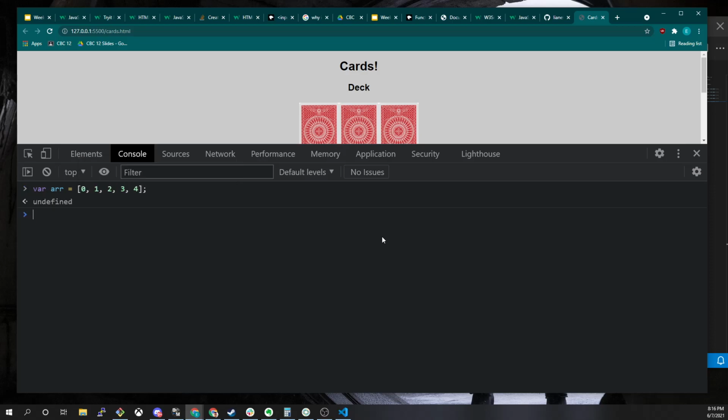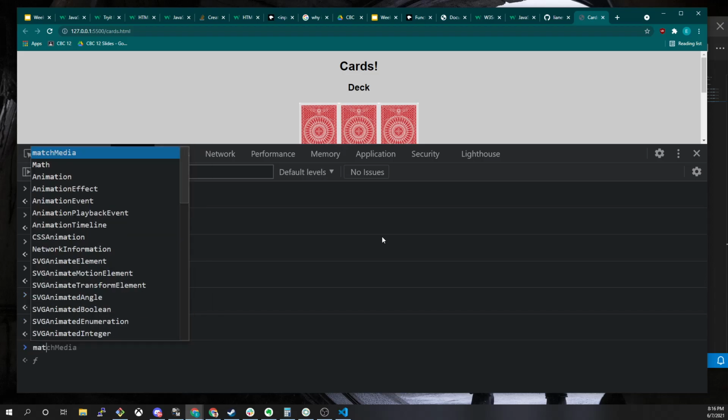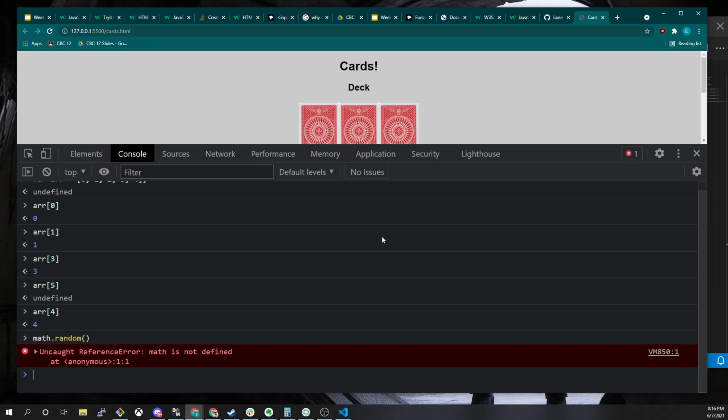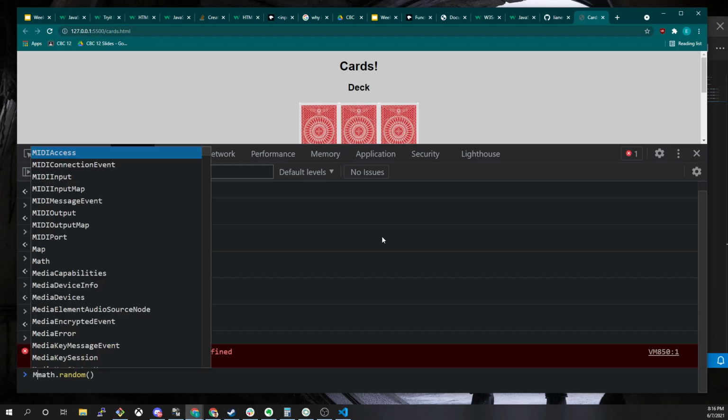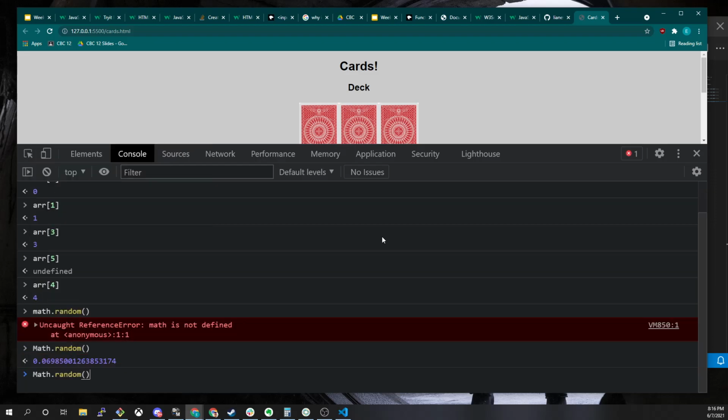I've got this array. Each of the array elements, just for the sake of showing this off, r[0] is 0, r[1] is 1, r[2] is 2, and so on. r[5] doesn't exist. Okay, so if I do Math.random